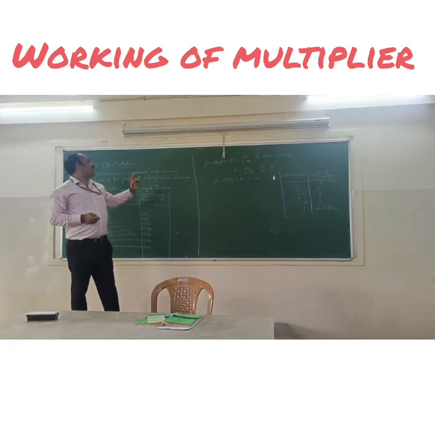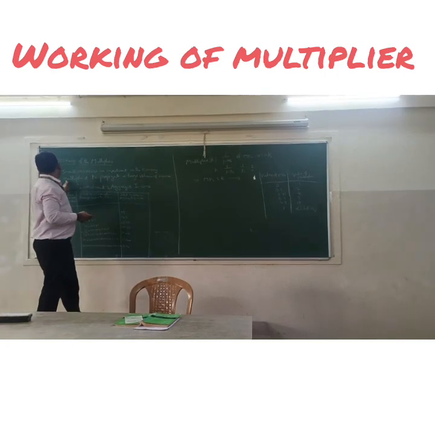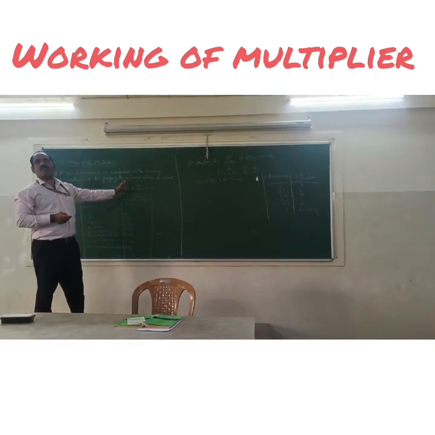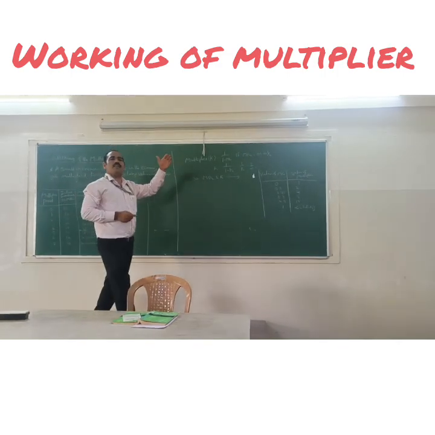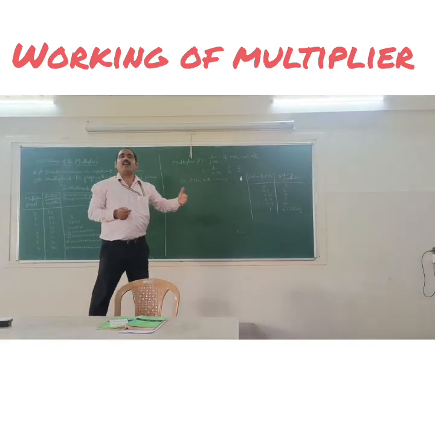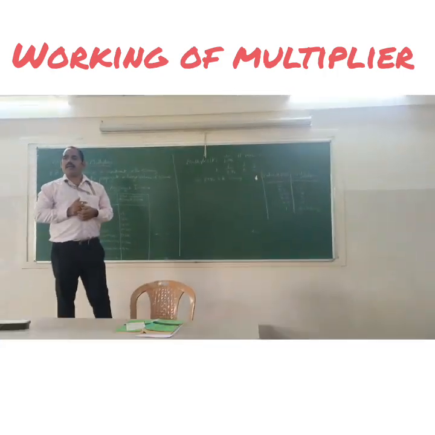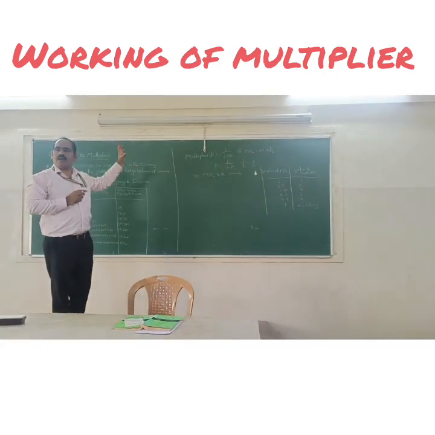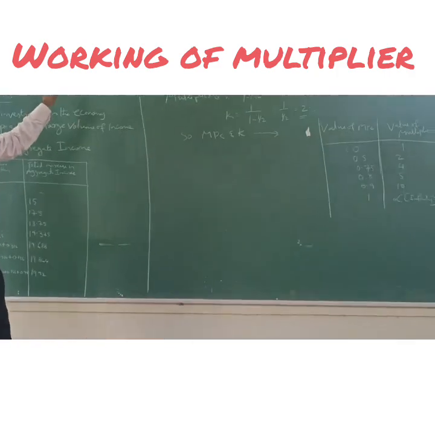It means a small increase in the investment in the economy gets multiplied to propagate a large value of income. So, in simple terms, if a small increase in the investment leads to a multiple increase in the income of the people in the economy, this is the multiplier. Then we also have a formula to calculate the multiplier.